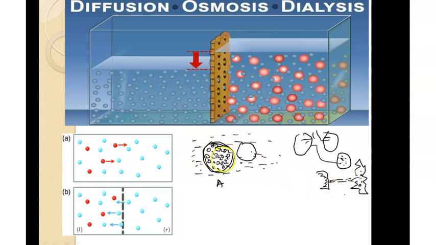So what happens here? Cell A is the blood cell, and cell B is the nerve cell. In cell A there is a high concentration region, that is, a high amount of oxygen molecules. Here in cell B, the neuron cell, I have a small amount of oxygen molecules. Then oxygen will start moving from cell A to cell B, that is, from the blood cell to the neuron cell.